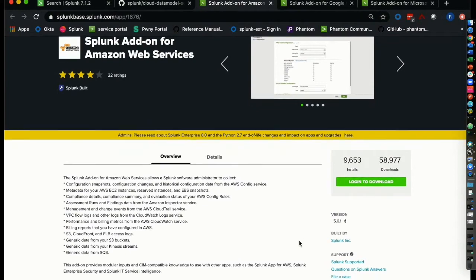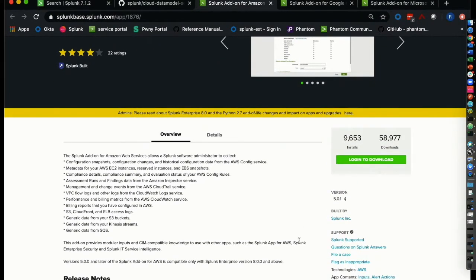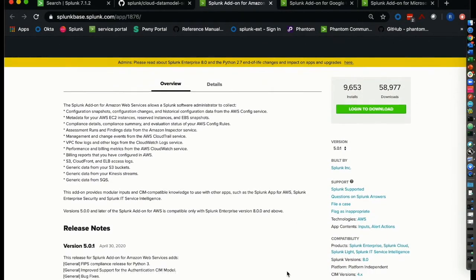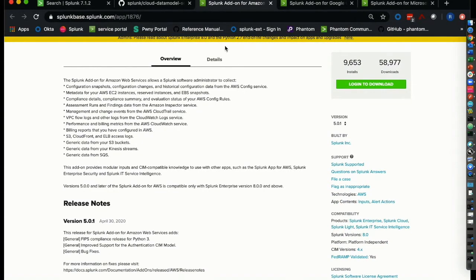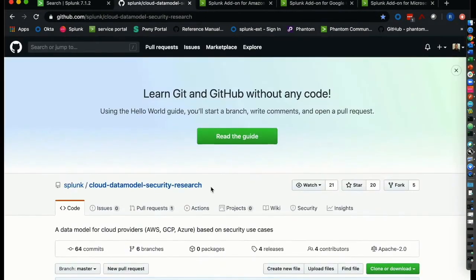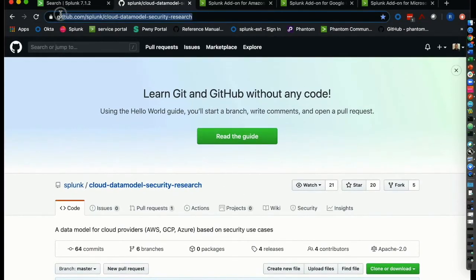And finally, the Amazon Web Services, which is obviously the most popular web platform for cloud services. In this case, we have a number of items where they explain to you the things that you can get from this add-on, where you can get documentation, the requirements for this add-on, and finally, we want to go to